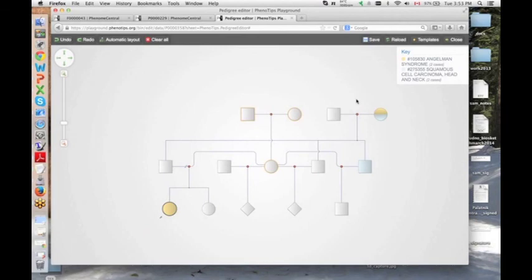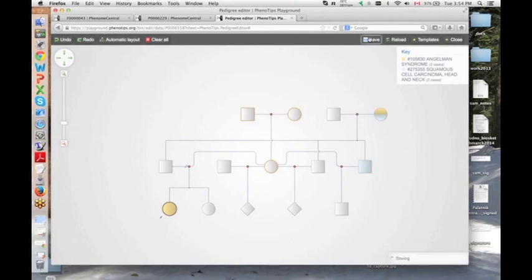Yeah. And then last question, someone's wondering if they downloaded Phenotips and installed it locally, are they free to change it for their own clinical use? Completely. One of the things I didn't have time to show, but it's more Phenotips rather than Phenome Central, is that Phenotips is highly configurable, so there are lots of things which you can change without actually having to get your hands dirty in the code.